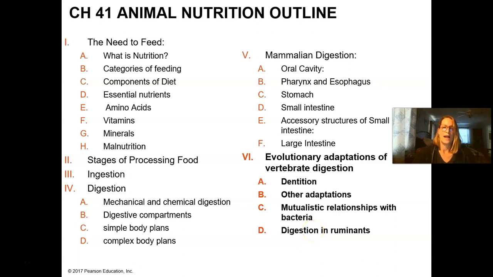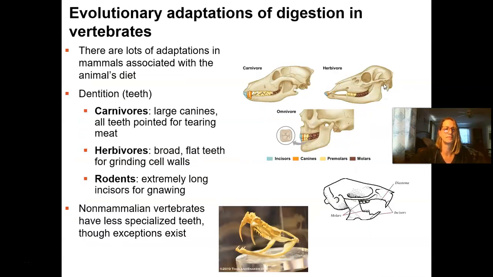Okay, so we're on our last video for animal nutrition, chapter 41, and here we're going to be talking about the evolutionary adaptations of vertebrate digestion. We're through the hardest stuff, so that's good. All right, so in animals, there are lots of different adaptations that are associated with nutrition or the different animals'